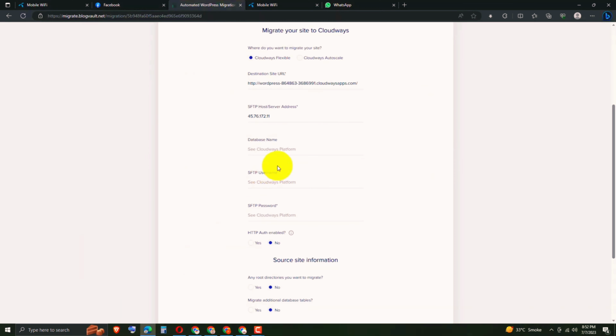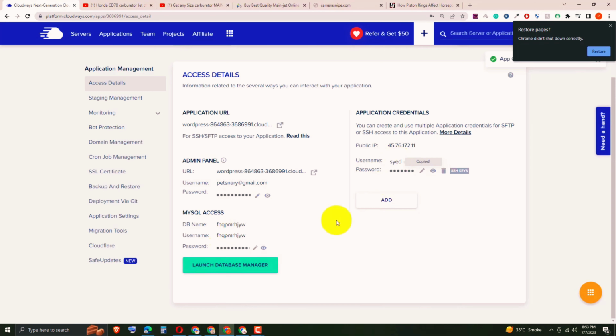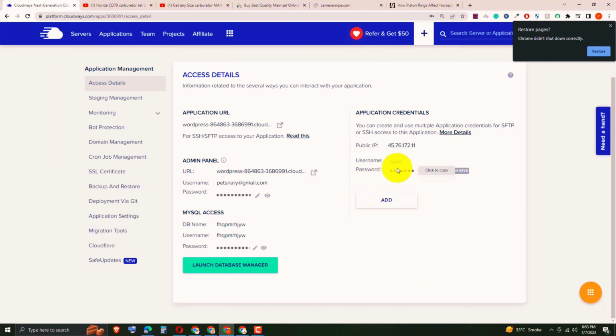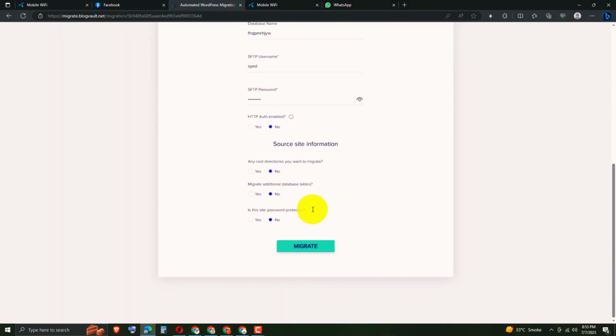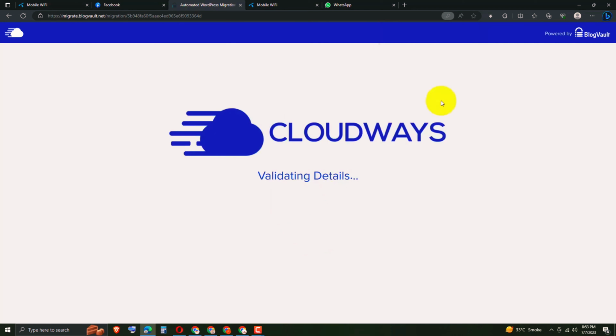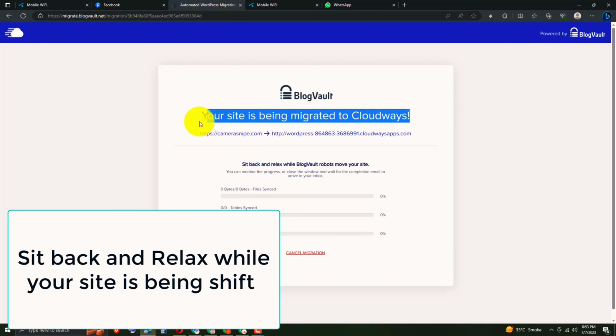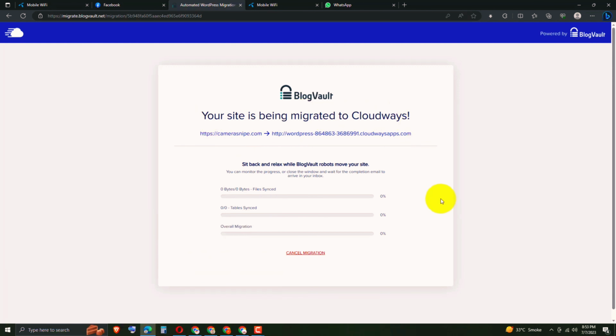Okay, now we can copy MySQL database name and username, what we just created for this database, and password, what we just created as well. So, and now we can click on migrate. It will take some time to validate details. Okay, your site is being migrated. Sit back and relax and wait while